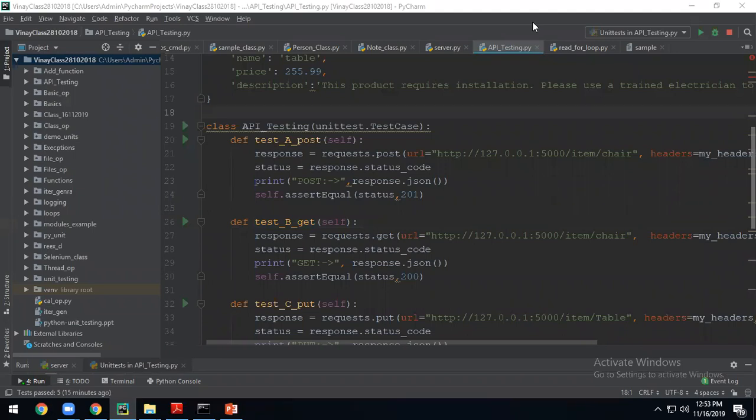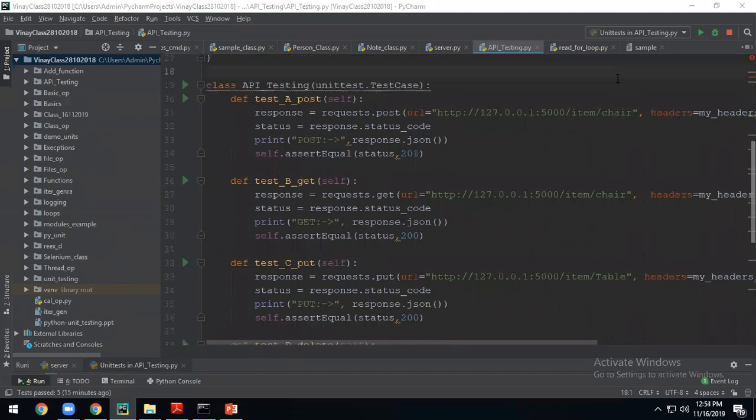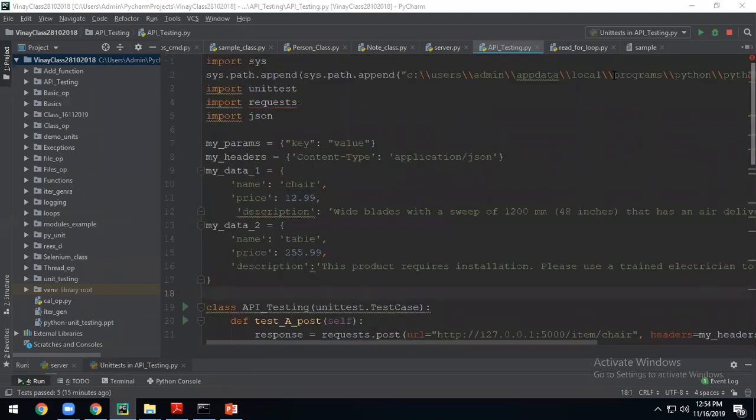One question: API testing is done, so will network automation be next, or what will start? Usually they will take network automation. That will be taken by somebody else, not me. Better you talk to Abhishek and find out what the next step will be. Okay, and this API automation is only one class? It's only one class. This is very straightforward.